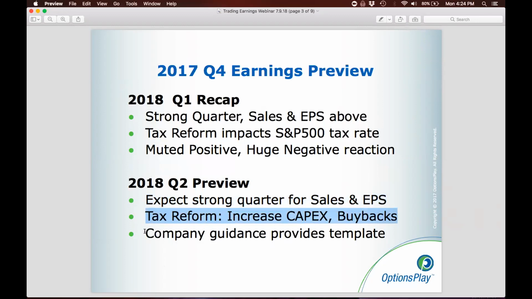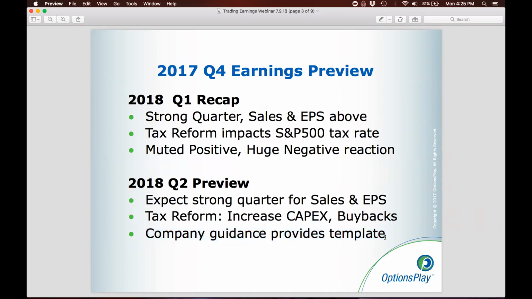And lastly, the guidance that a company provides is really the template that we want to use for what our expectations are. Meaning, whether a stock beats or misses tends to not have the same effect in these late cycles as company guidance. So if a company guides higher, we're likely going to see follow-through of that stock. Even if a stock beats or comes in line with their earnings but they guide higher, we typically expect that stock to continue moving higher, or if they guide lower, we expect the stock to move lower, regardless of whether they beat or miss. That's the theme that we're going to see in Q2 of this earnings cycle.